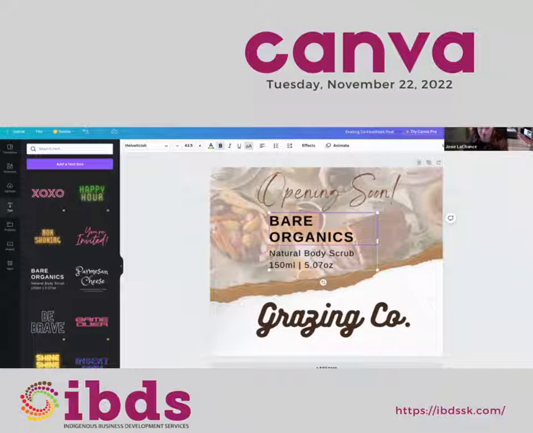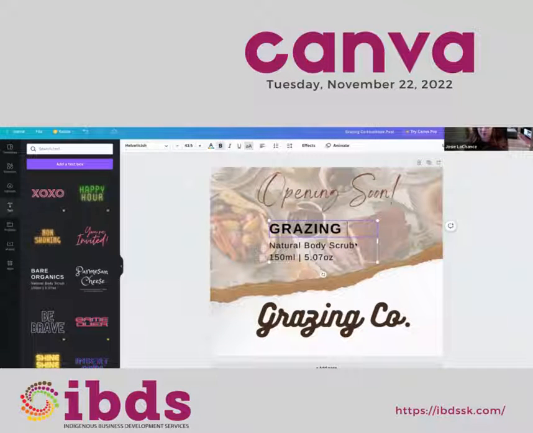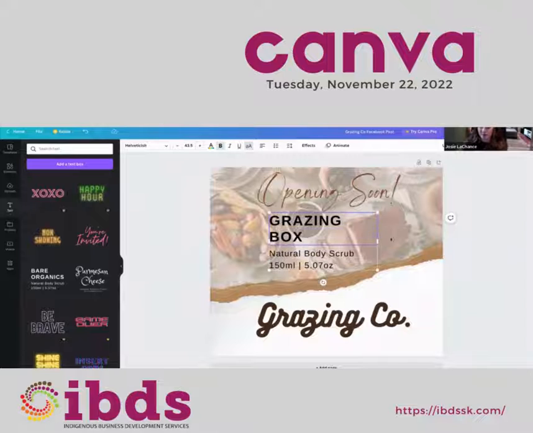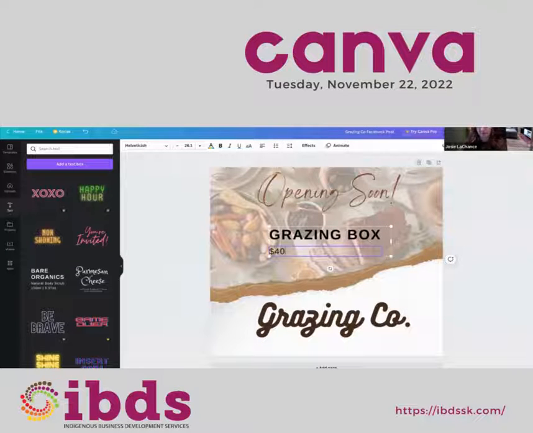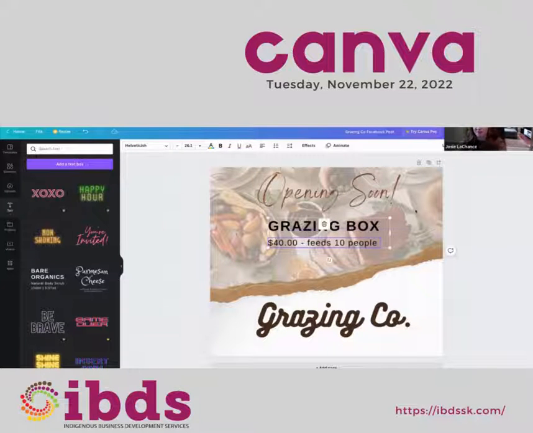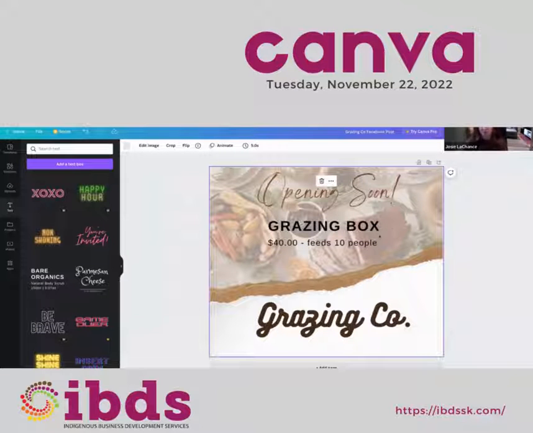So I'm just going to say grazing box, and maybe I'm using this for my price list, but you can add this over top of your image that you've made transparent. So it's a little bit more than just a solid color background. That was very easy for me to do.